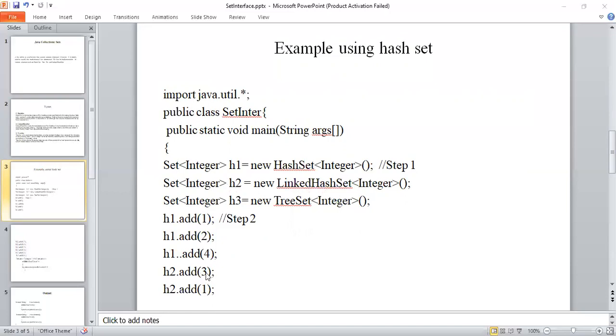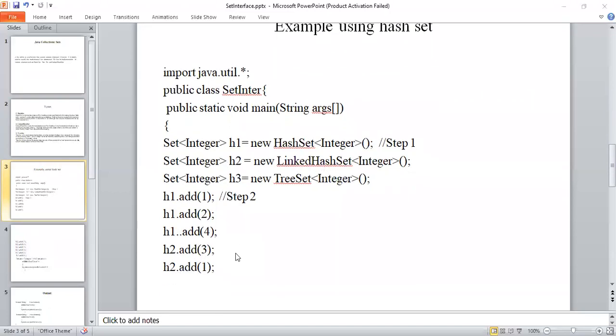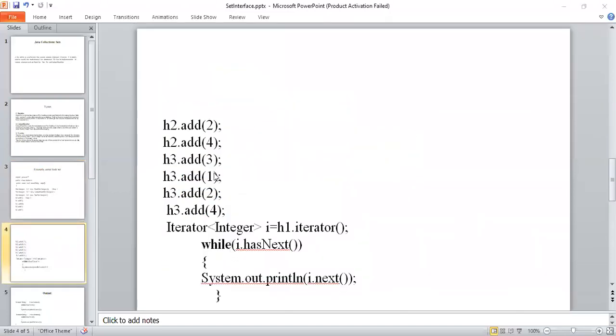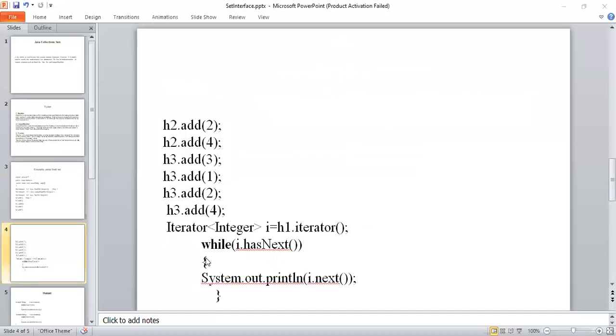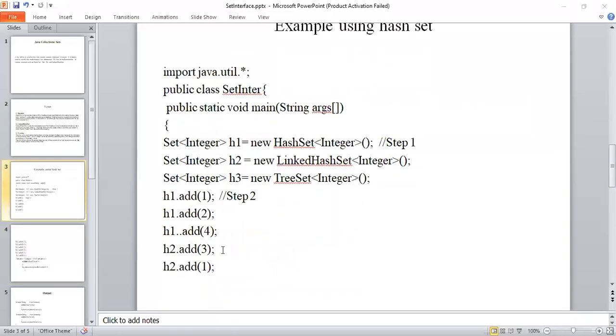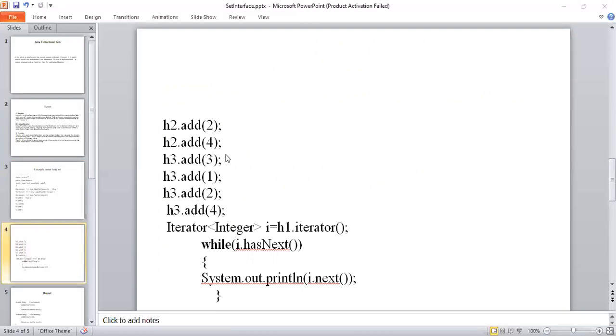So this number 3 I'm adding into linked hash set, and similarly number 1, number 2, and number 4. So these are the four numbers I entered into linked hash set: 3, 1, 2, 4.